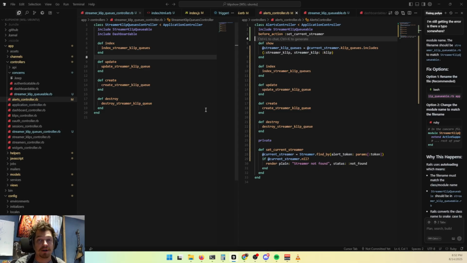And if we skip a clip, it will update that as well. So we'll have a total management system for these StreamerKlip queues, and we're not really having to do much coordination because it's all based around these active record callbacks and this other functionality that we're able to replicate in 2 different authenticated spaces. So we're really leveraging how Rails sets this up for us,